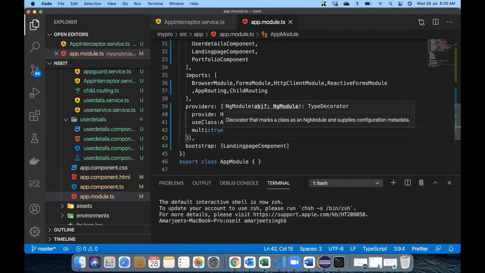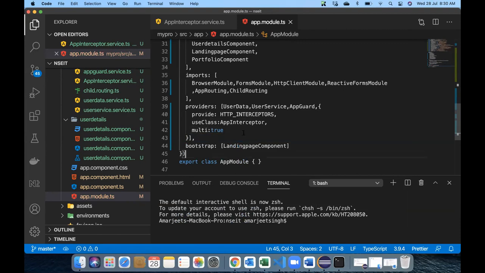That means it can be applied on multiple target classes wherever the HTTP request is going on.